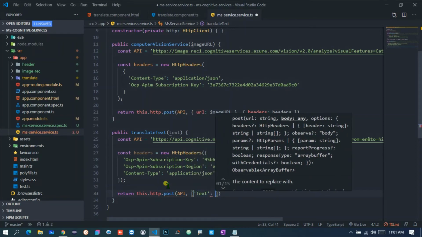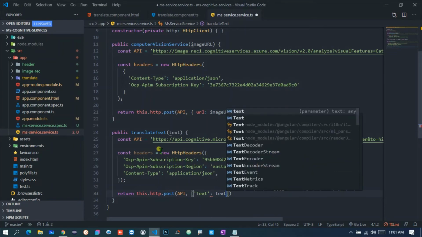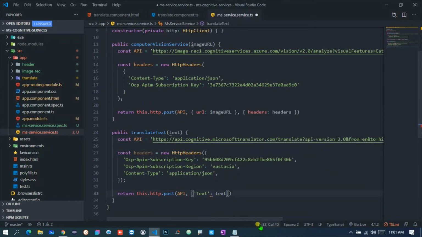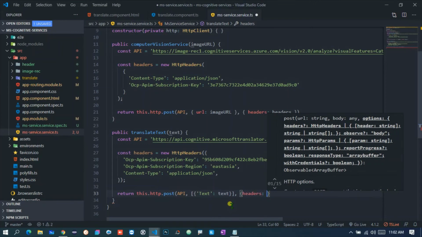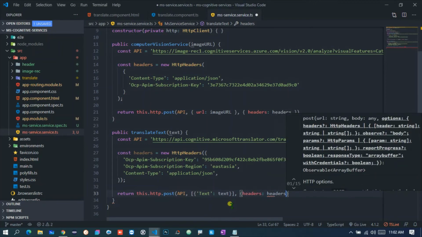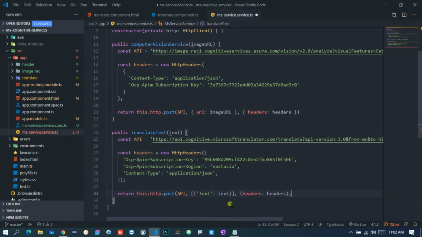Text is the text that we are getting from the function call. And then over here I'm getting some error, so this is due to the curly brackets. Like this, and we just need to pass the headers. So headers is equal to headers like this.